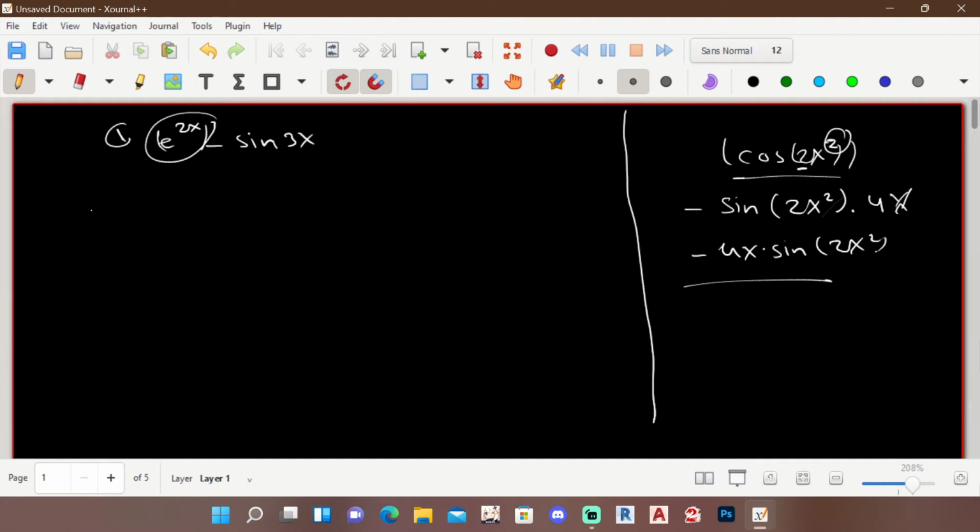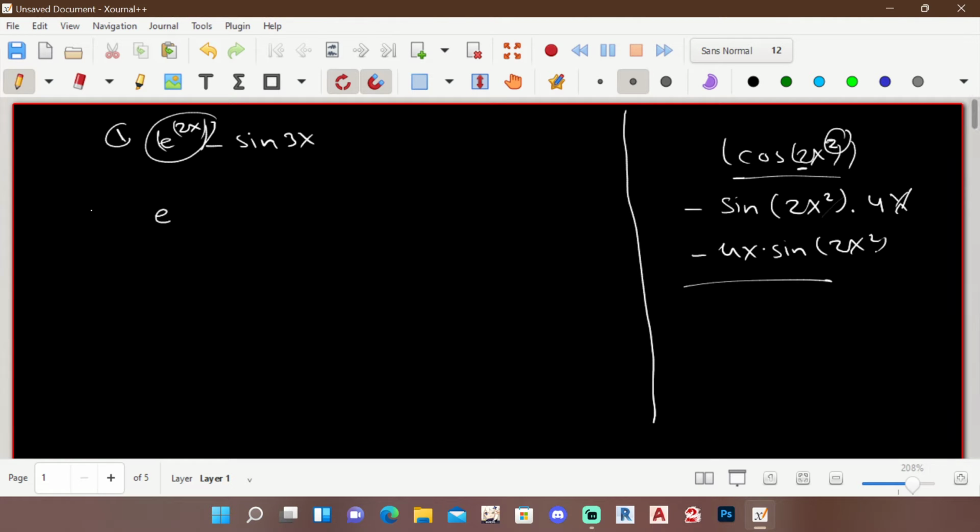The e^2x is the outer function, and we've got the inner function 2x. It's easier for you to first see which is the outer function and which is the inner function, so it would be easier for you to solve. Okay,